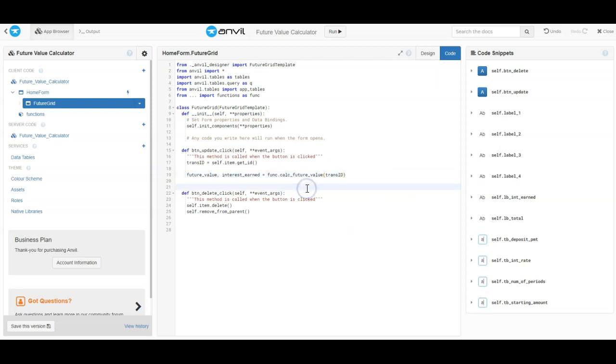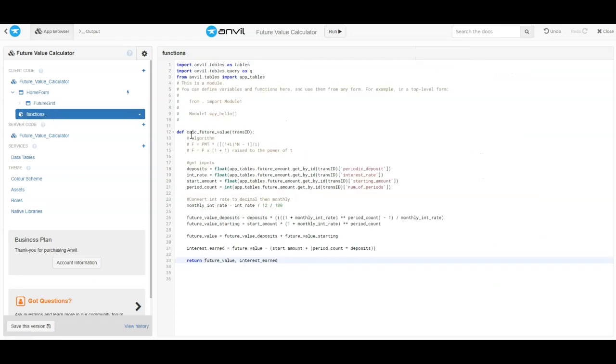Okay. So func dot tells us to go to this import, grab the one called calculate future value. And if you go down here, that's what we called it here. And the only thing we pass in is trans ID. Then it goes through, grabs it all from the database using this database, casts it into a float, does all the calculations, goes through the whole thing, and returns back both interest earned and